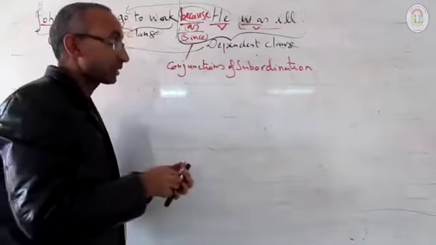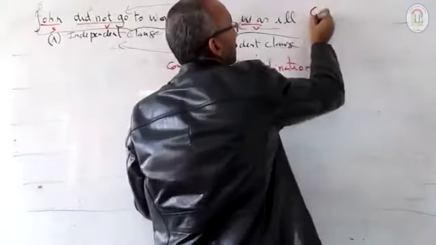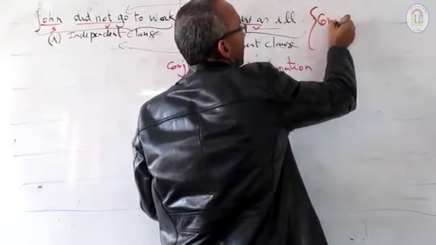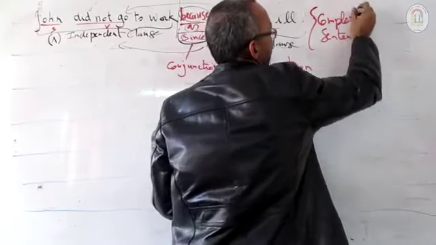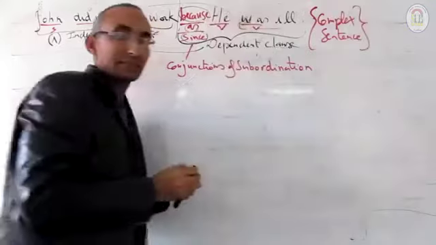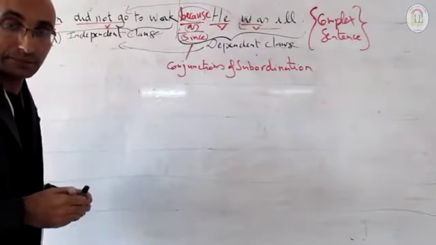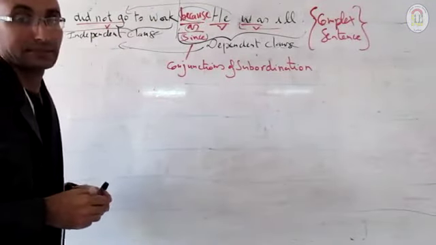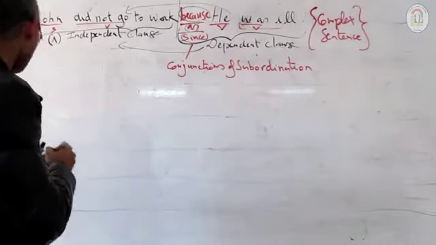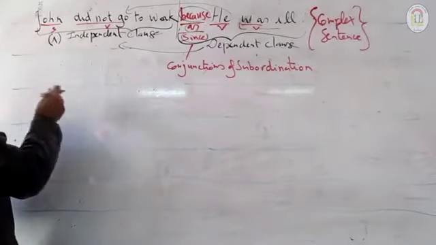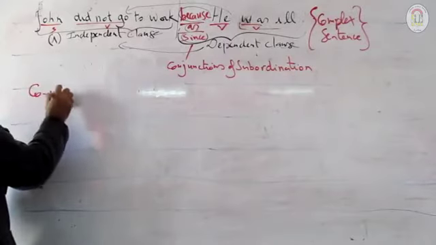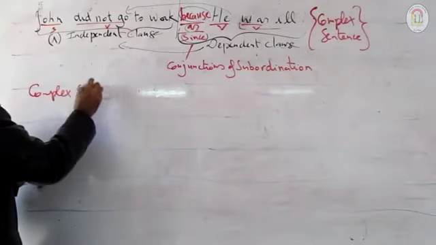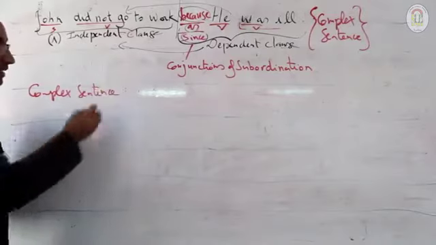This type is called what? A complex sentence. Alright, a complex sentence. So, I have what? The complex sentence right here. Complex sentence equals